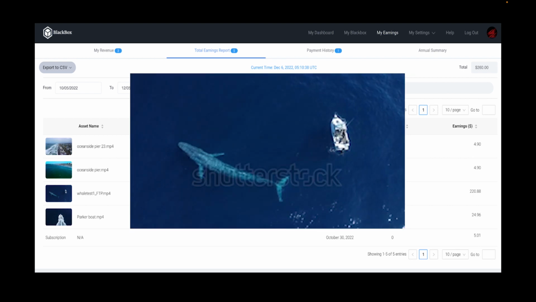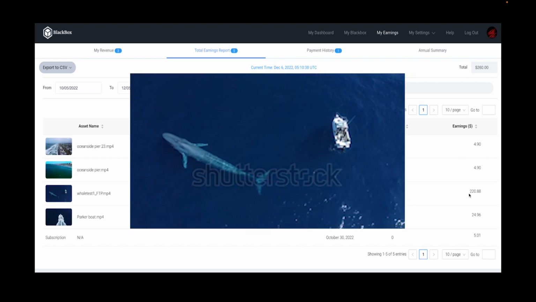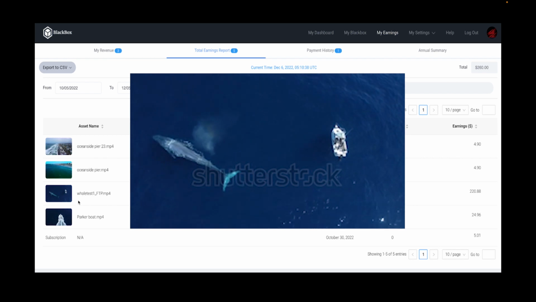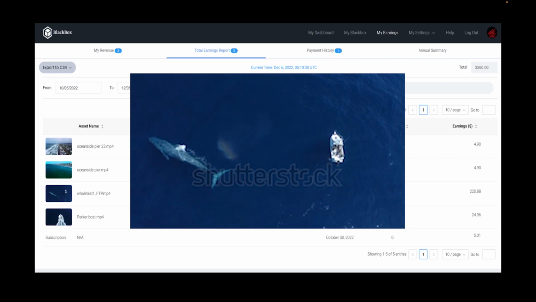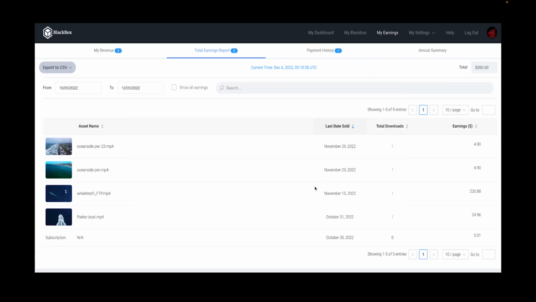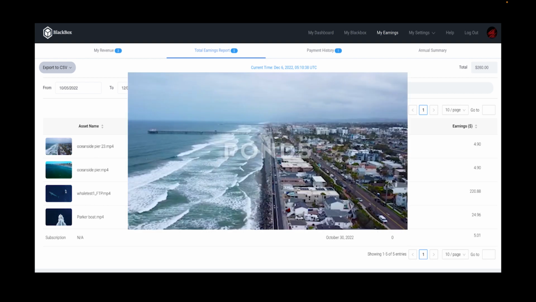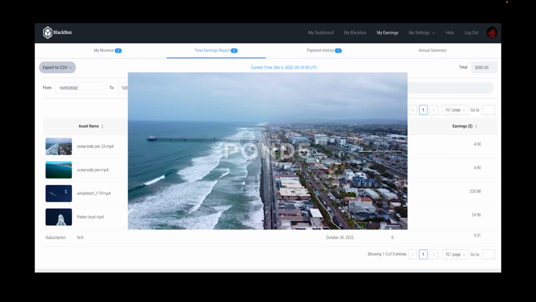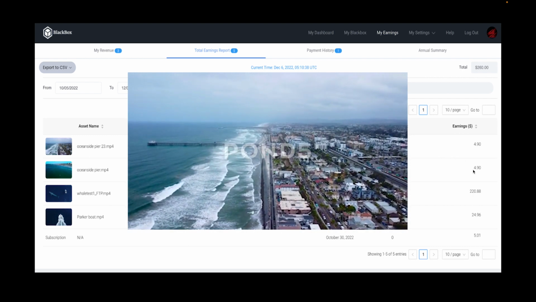Second clip, November 15th, sold for a whopping $220. I believe this was an 8 or 10-second clip, but for 8 seconds, $200. That's stinking awesome. Here's a little more recent one on the 29th of November: 2 shots of Oceanside Pier, both 5 seconds, sold for about $5.